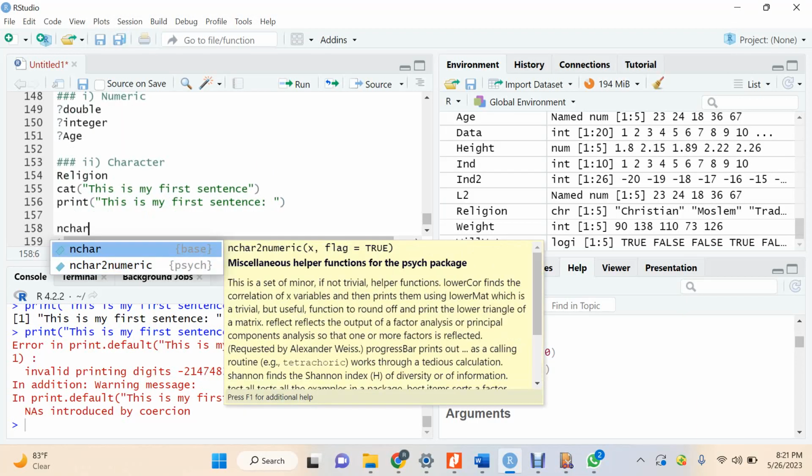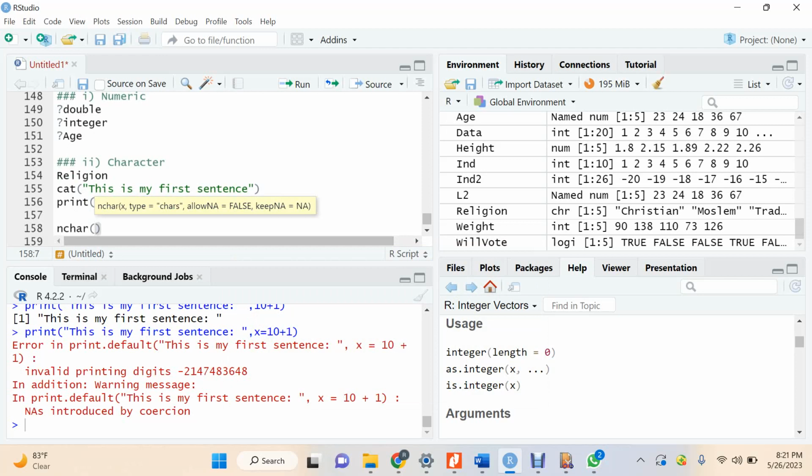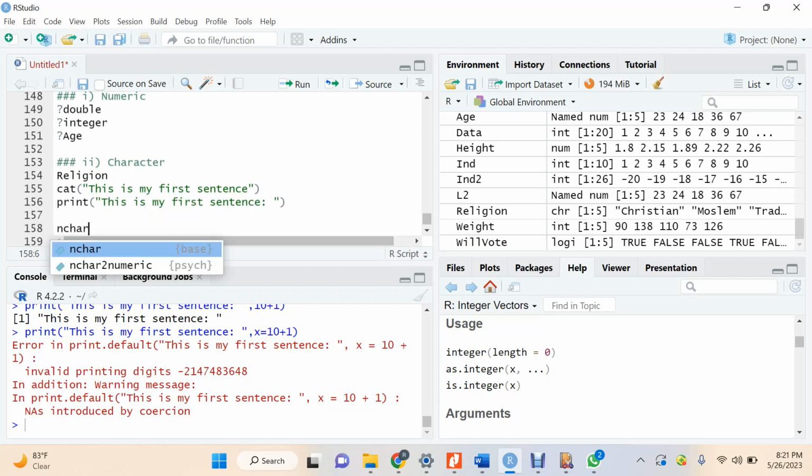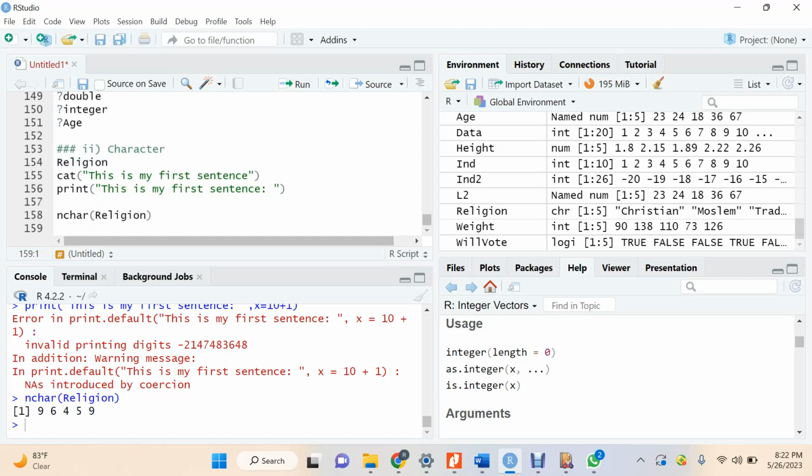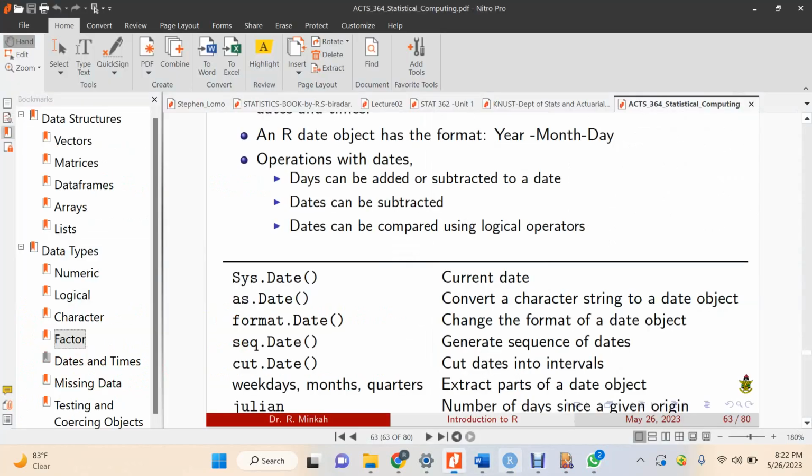Then another one is nchar. So nchar of, let's say, religion will give me the number of characters in each religion. You see the first one is Christian. Christian is made up of 9 characters. This one is 6, and so forth. Then tradition and so forth. So there are so many of these,